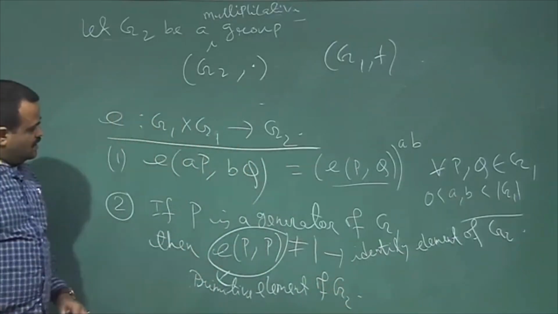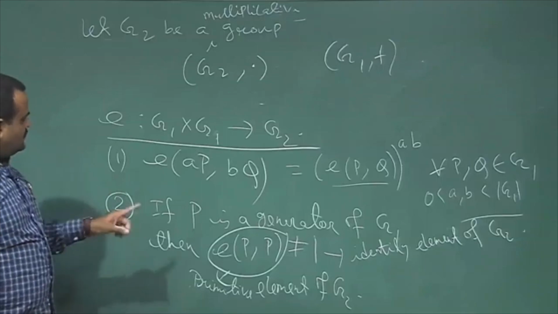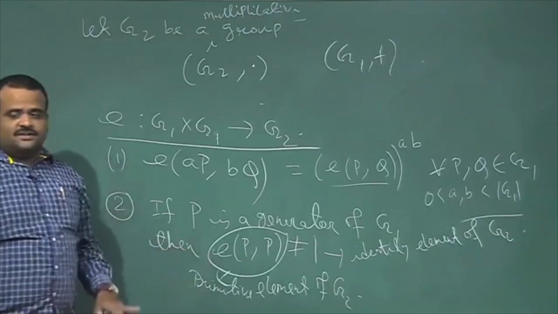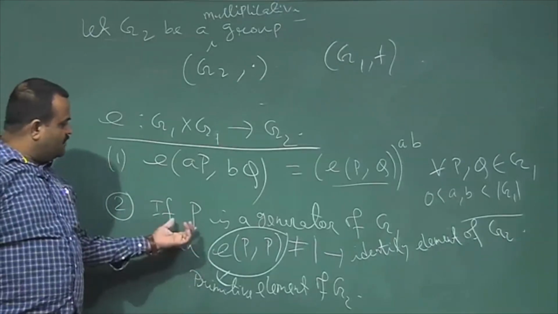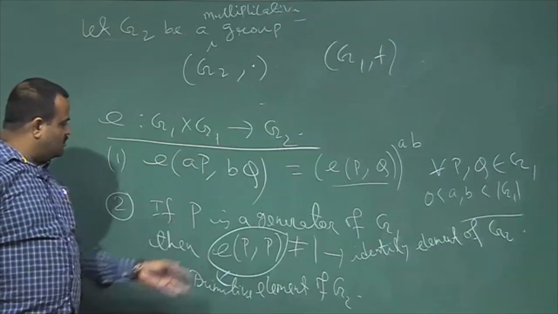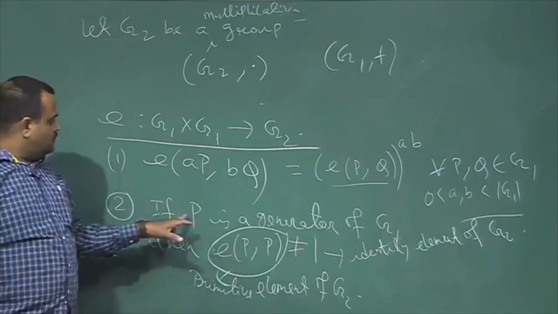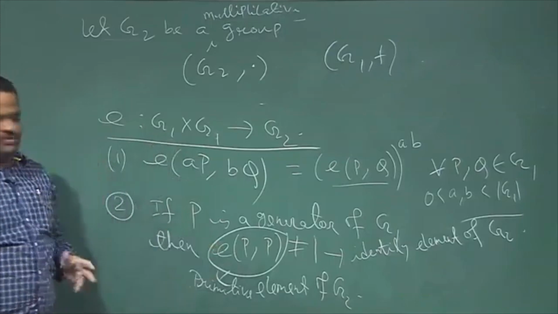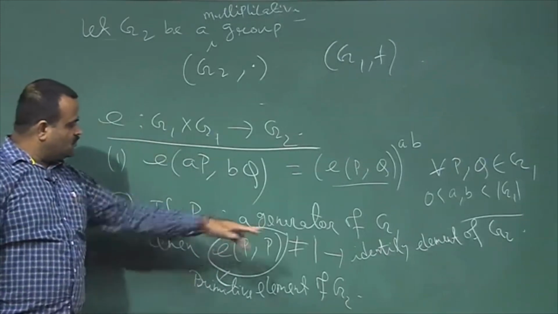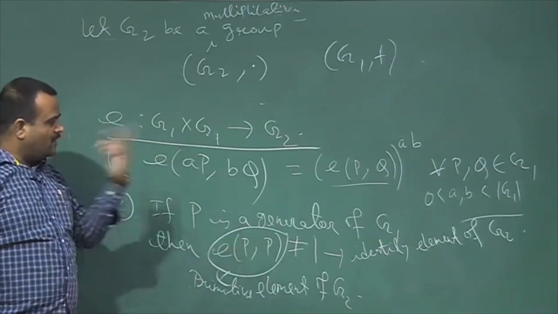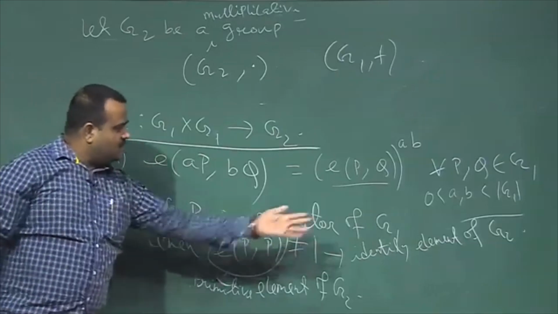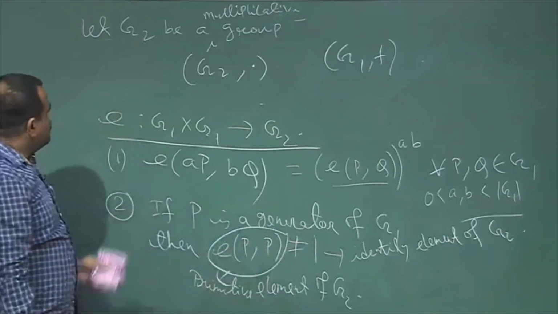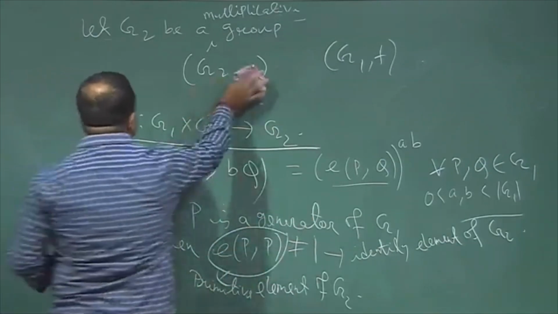Okay. So this condition must be there. This is called the degeneracy condition. So that means if you take a primitive element or the generator of G1, P generating G1, then E(P, P) must generate the group G2. So E(P, P) should not be 1, because G2 is in the multiplicative sense, so 1 is the identity element. The third property is